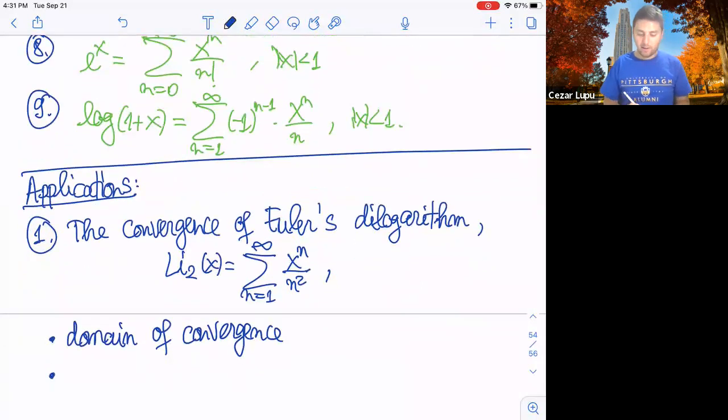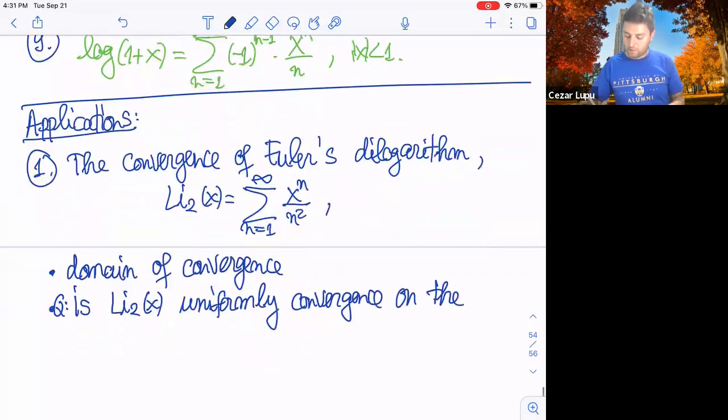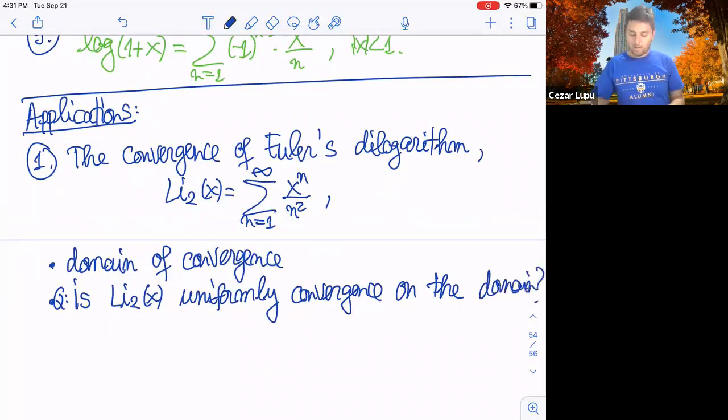And another thing that I would like to answer, this is more like a question, is whether this function, Euler's dilogarithm, is uniformly convergent on its domain of convergence. But first we have to determine the domain of convergence. Well, let's just say this is for absolute value of x less or equal than 1. All right. So the domain of convergence, well,